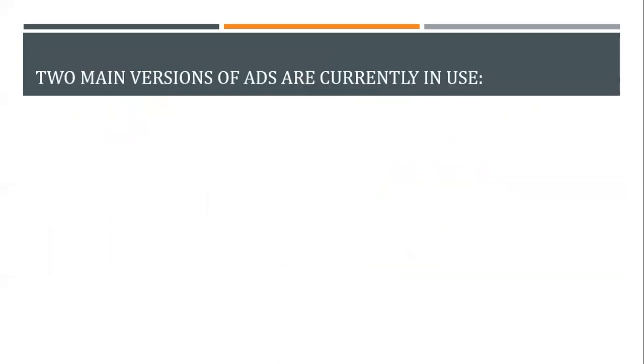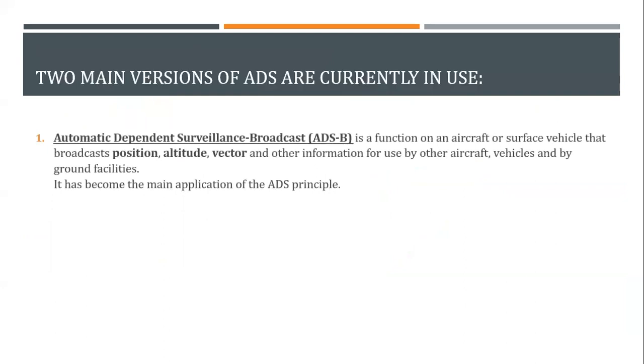There are two main versions of ADS currently in use. One is your ADS-B, that basically means broadcast. As we looked at in the previous slide, I told you that the aircraft transmits omnidirectionally, that is in all directions. The ADS-B is the one in which the aircraft is transponding in all directions, just so that all the other aircraft also know whatever is required and selected by the particular aircraft, for example registration and so on.